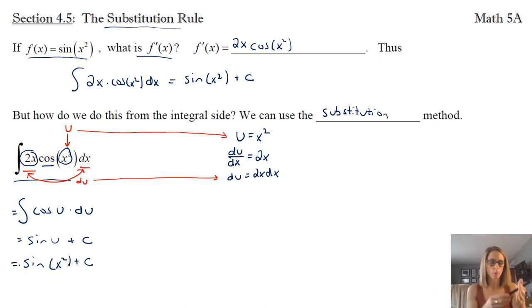And you want to be able to see that relationship because that's going to help you pick your u so that you can rewrite your integral. What's the fun part of integration is, over time, once you learn all of the techniques, at some point you're just going to be given integrals and your job will be to find the integral. You'll have to think, okay, what are all the methods I have in my toolbox? Which one fits the patterns that I see in this problem? Over time, that becomes kind of fun and interesting, I think, personally.